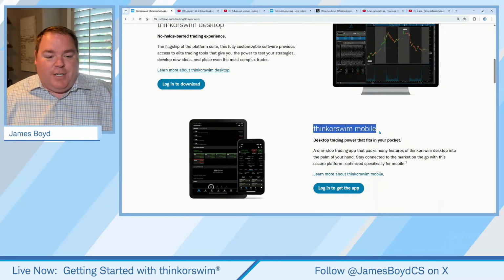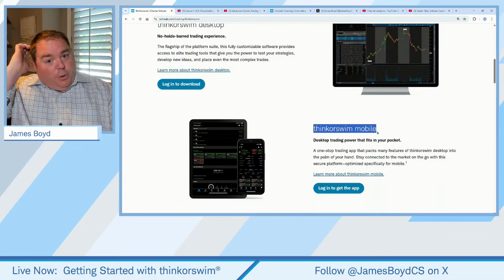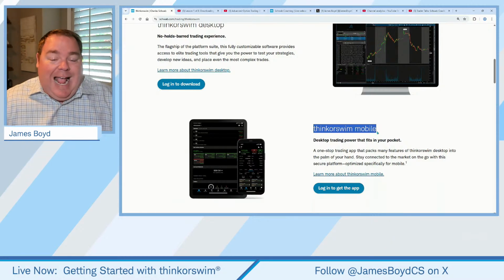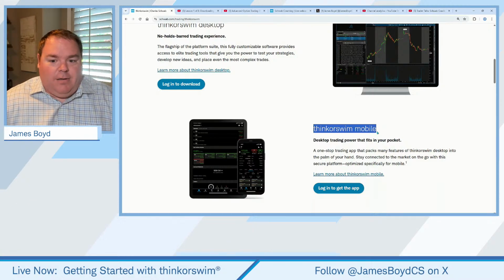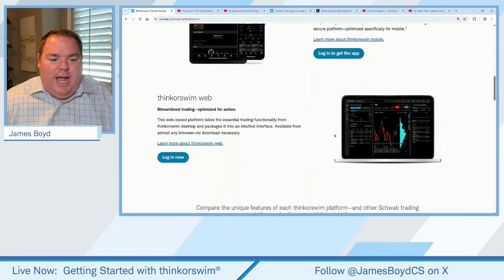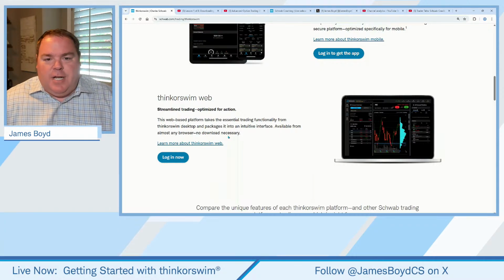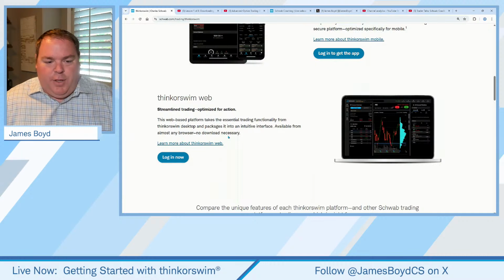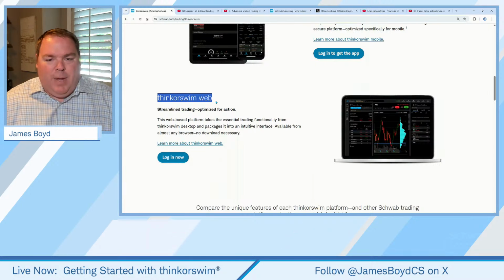And what you're now going to notice is Thinkorswim is an app which you can download from Google Play if you're a Samsung user, or the App Store if you're an Apple user. It's free, okay? The last type of version we actually have is the Thinkorswim Web. So let's say you're traveling abroad, you don't have your computer with you. You could go to a website, okay, and actually use Thinkorswim on a web-based version.